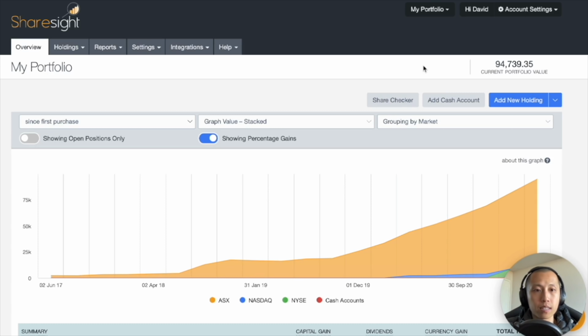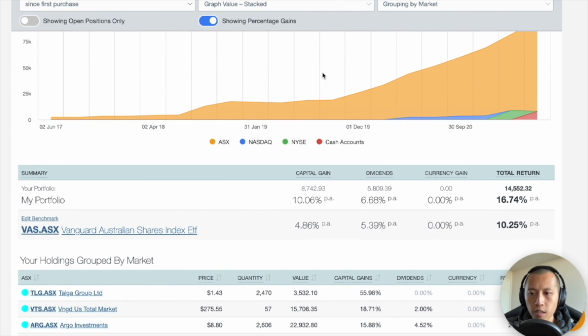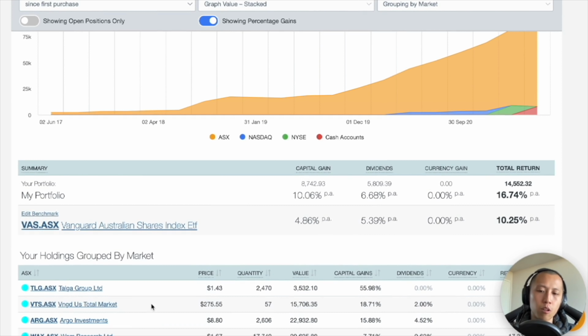On my CMC Markets side of things, it's currently worth about 94,700 Australian dollars. And as many of you asked, I am using ShareSight to track my portfolio because it just looks so much better, honestly. So the one change I did make in this portfolio is I added another 2,000 into VTS over the